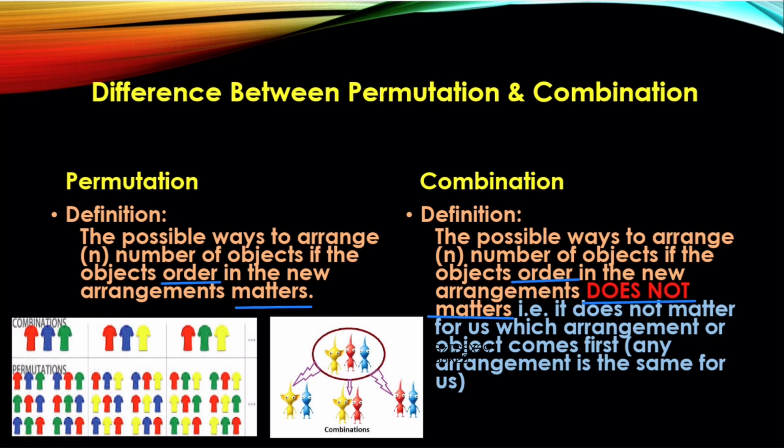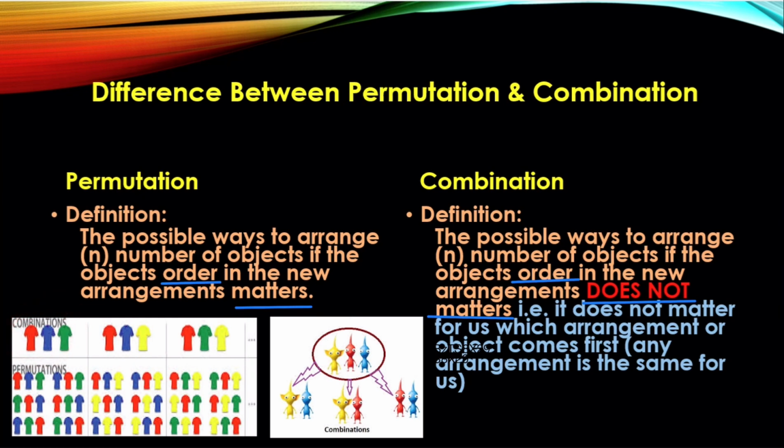So I have these six arrangements, which cover all the options available to me. So in the case of permutation, I have many options, but if it is combination, because the order doesn't matter, it will be only one